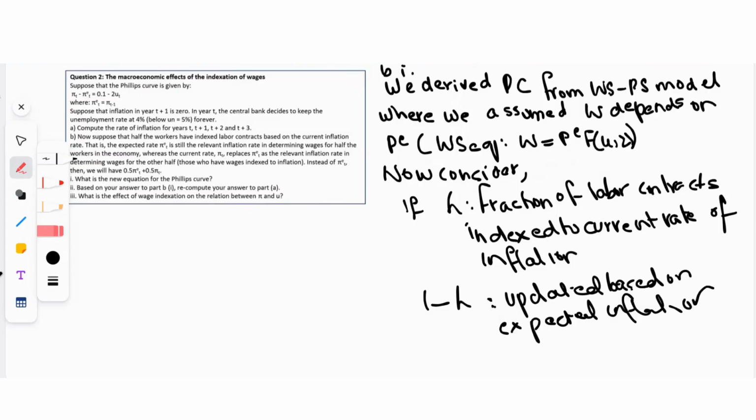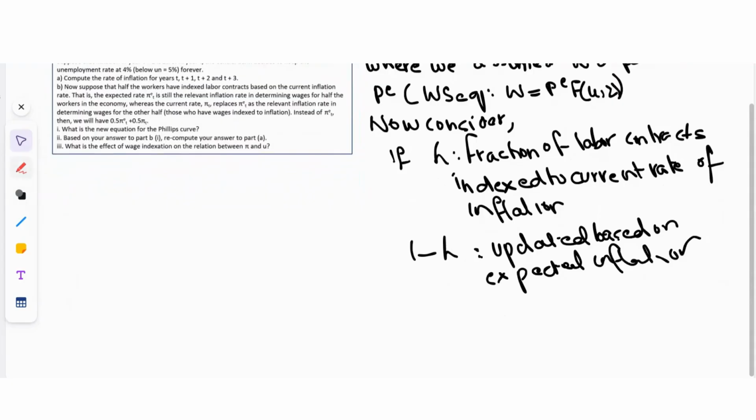When we derived the Phillips curve, we were assuming wages are set based on expected price level and hence expected inflation. But now only a fraction lambda of contracts are indexed to the current rate of inflation, and 1 minus lambda are based on expected inflation. Originally, we assumed all were based on expected inflation. The WS equation had the expected price level, and hence expected inflation. But now a certain fraction are indexed to current inflation, and the remaining are updated based on expected inflation. Then the PC equation is given as